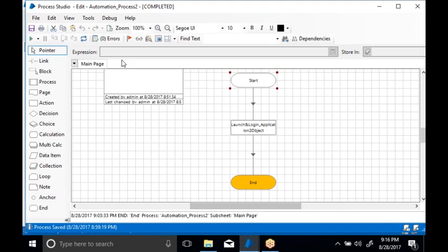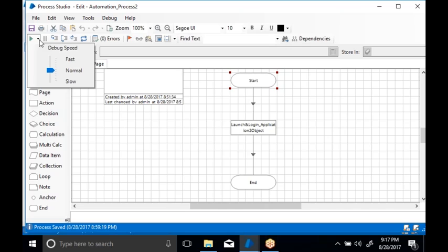Now whenever you make any changes inside the object, all the changes will affect wherever you are calling that particular object. I am calling that object inside the process, so all the changes will affect the process also. Now if you run from here also, it will be the same option. To run the process or object, you will bring three different objects: fast, normal and slow, where I want to run the fast one. Now you can choose this.